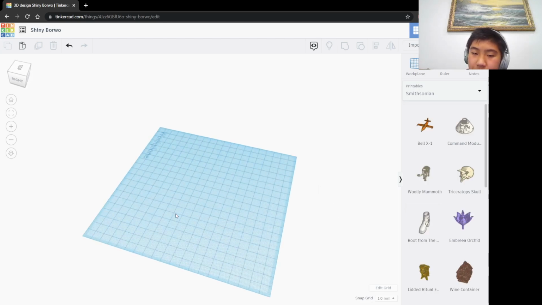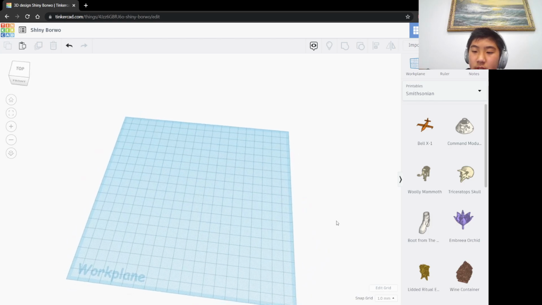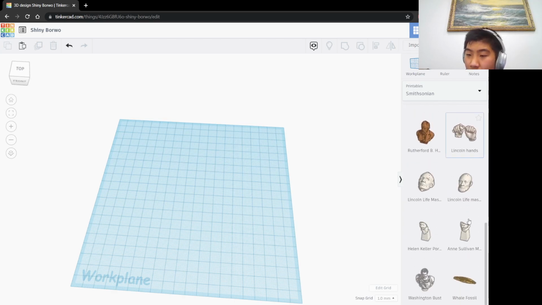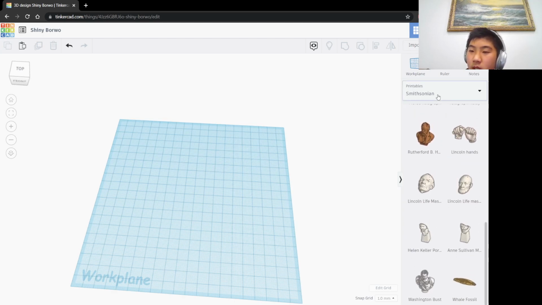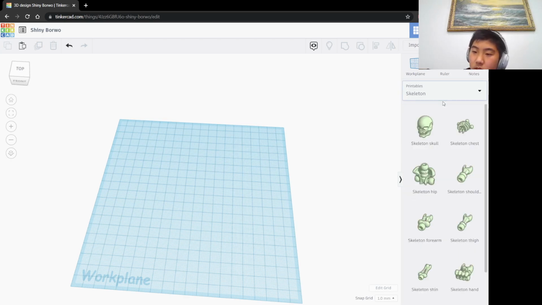Printables, as I said, these are just presets that they gave us. So there's a bell, a plane, a command module, a woolly mammoth. They're just really random, but I guess sometimes if you're trying to make a scene, they might be useful. There's skeletons,